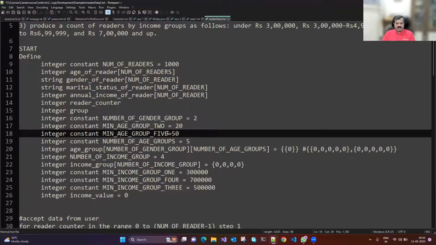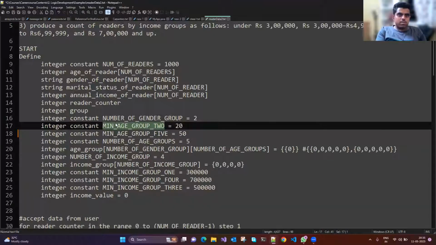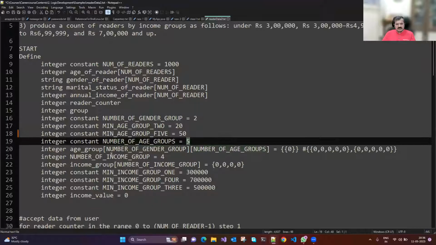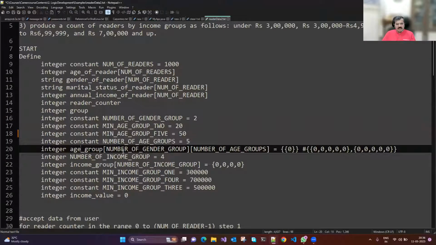What is this? Sir, that is minimum age of group 2. Correct? That is 20. Minimum age of group 5 is 50. Okay, there are 5 groups, so it is giving the minimum age within each group. Number of age groups is 5. And number of gender groups is 2, and number of age groups is